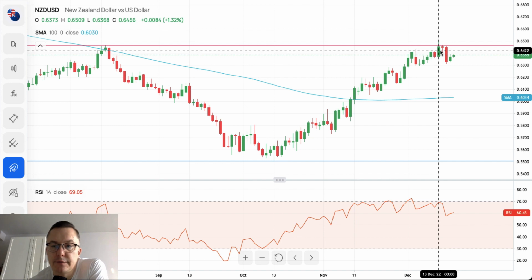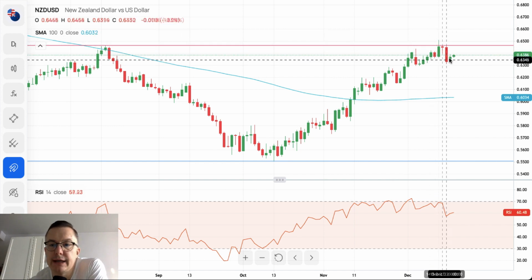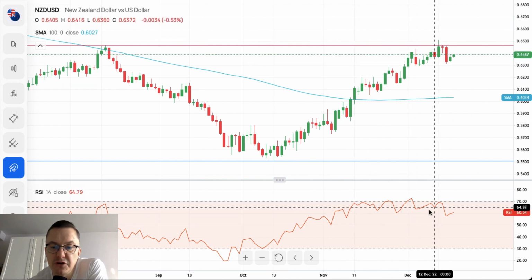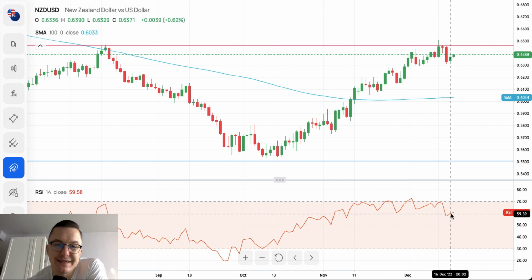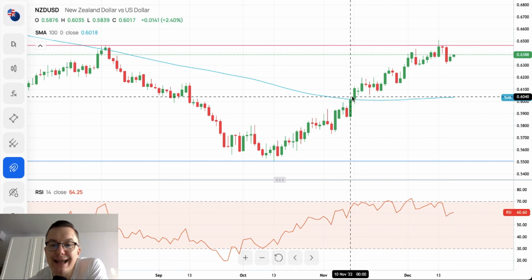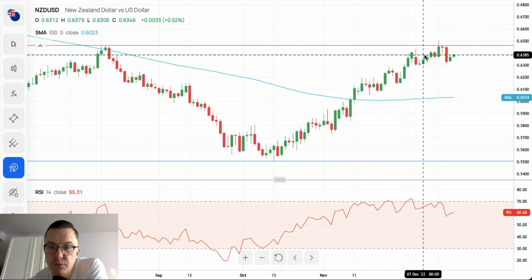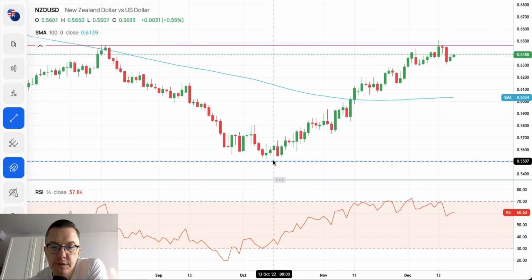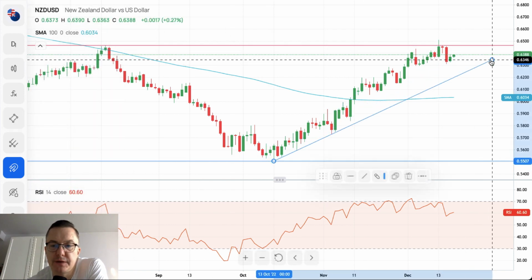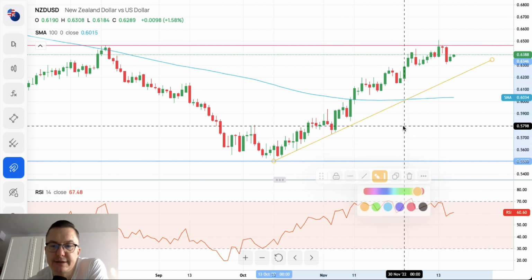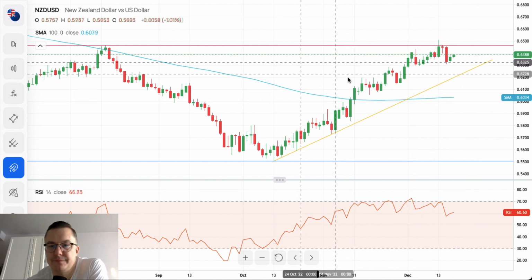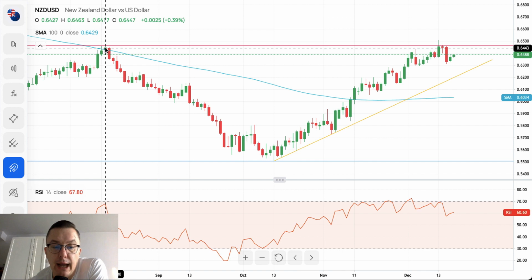Of course, it's not that obvious to see any kind of pattern here, candlestick pattern. Nonetheless, the momentum is still strong. The momentum still stays around the level of 60, to be honest. The market trades above the 100 days moving average, which is still important. And if we take a look at this very short-term trend line, you can see that the market is still above the short-term trend line and the 100 days moving average, and is trying to break above the August 12th high located at